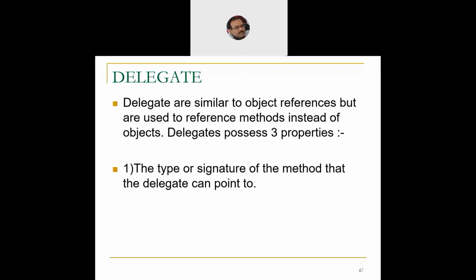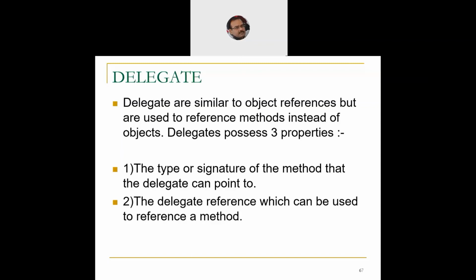Which we have not been doing in the other C# programs, but here for delegates, just like if you remember in C also, and in the initial part of C++ also, we used to carry out forward declaration of functions before we start using them. So here we'll carry out the forward declaration before we start using it. The delegate reference can be used to reference a method. So we'll create a reference of the delegate, and it will be used primarily to refer to a method and not to the object of a class.